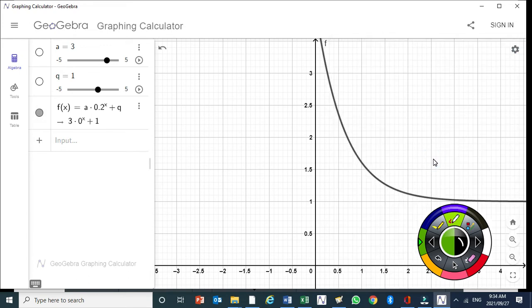So, what do you want me to do then? Because listen, I want to show you the effect. Okay, I also need to add my asymptote. Yeah, but you see, in this case here, I can't add the asymptote, but what I can do is I can write it as q